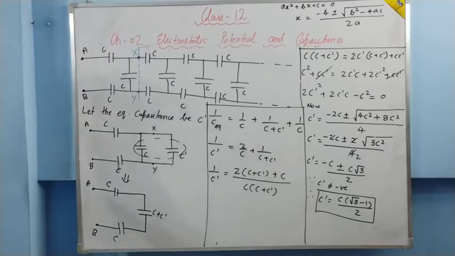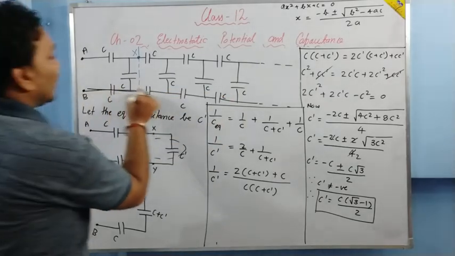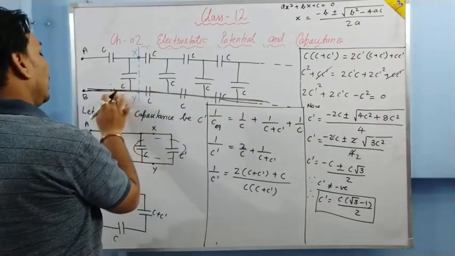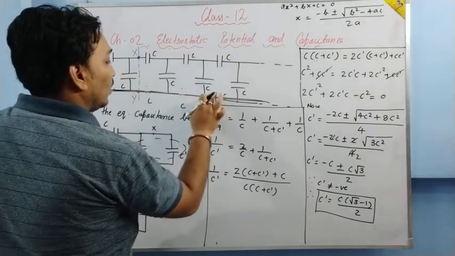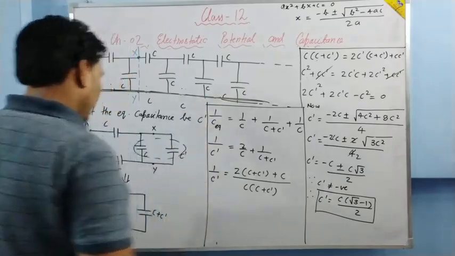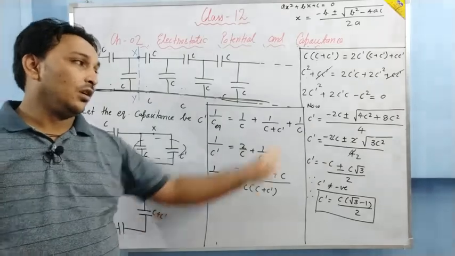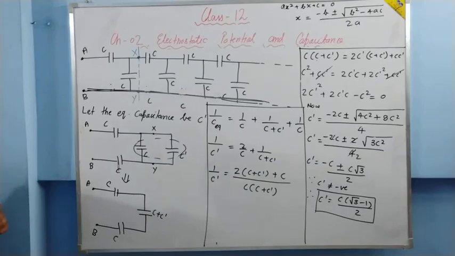So this is how we solve for an infinite ladder. The concept can be changed a bit. Suppose that the lower branch can be eliminated. Instead of the lower branch, only a wire can be there. Only a wire, no capacitors. Then how will you solve? Will the procedure be the same? Yes, it will be the same. Only what will be the change? Here that C will not be there, it will be 1 by C. Basically the answer will change. So this is how the infinite ladder is solved.